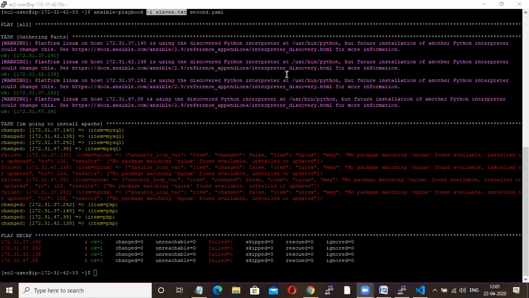You will create some file, you will create some directory, you will install some softwares, you will start some service, you will move some files, you will do some deployments, right? All this activity you can do via Ansible. That's what Ansible is, a configuration management tool.